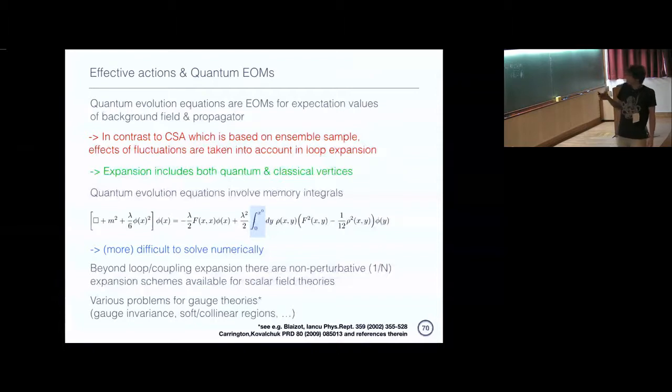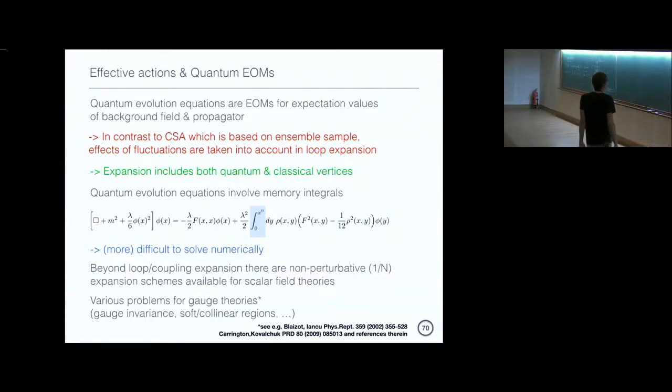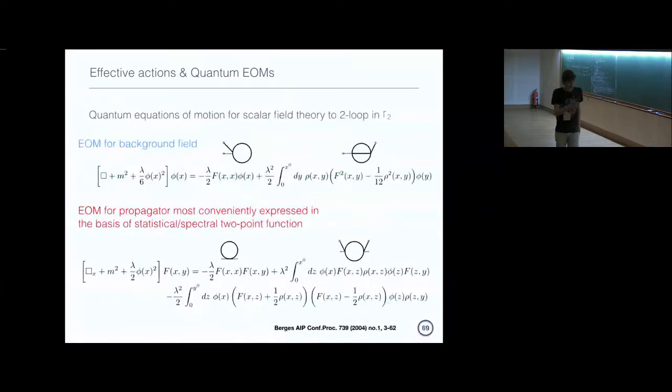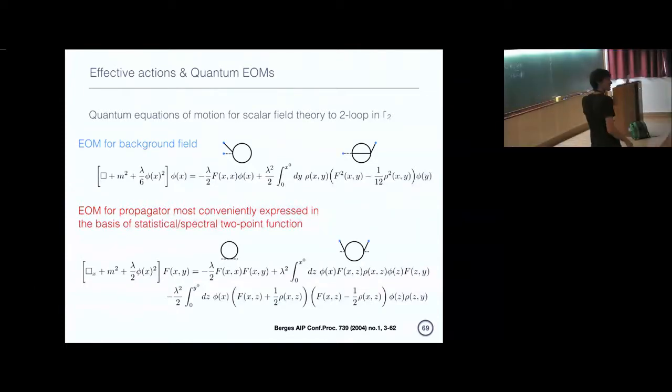Now, the other thing one can say is that this expansion, of course, now includes both these classical as well as these quantum vertices, right? So we somehow haven't distinguished between the two, and in a sense you can see this here, right? Because each of these diagrams contains both powers of F as well as powers of rho, right? Whereas in the classical statistical approximation, we would have always expanded F much larger than rho, right? And so we could kick out a few terms over here, okay?